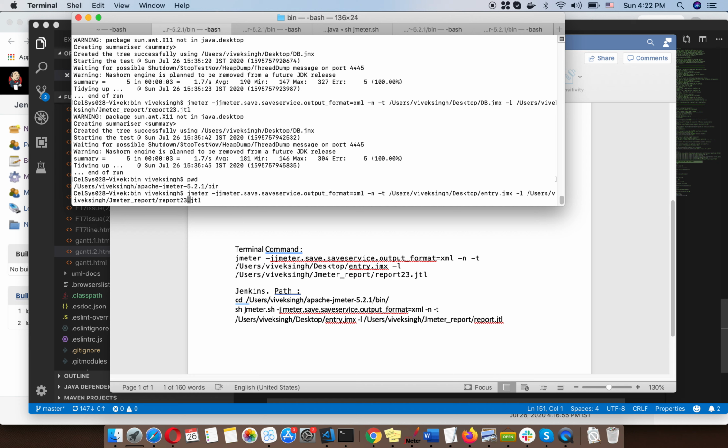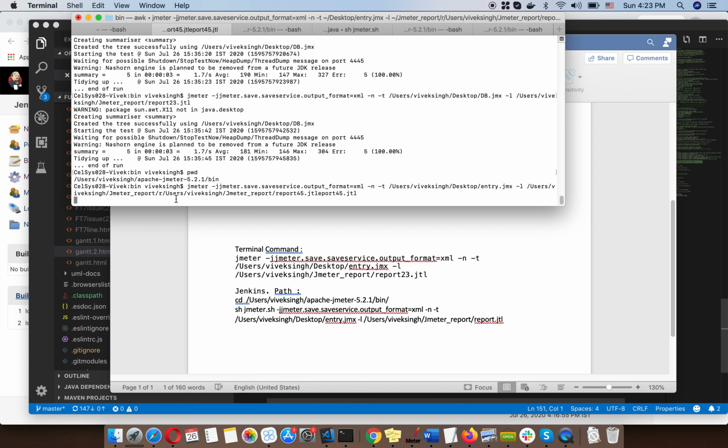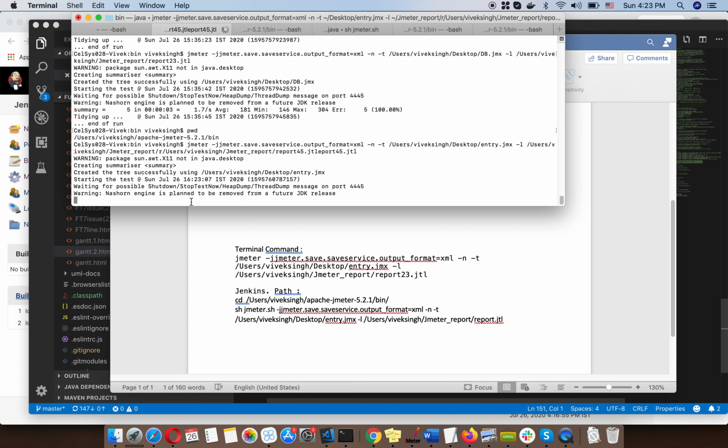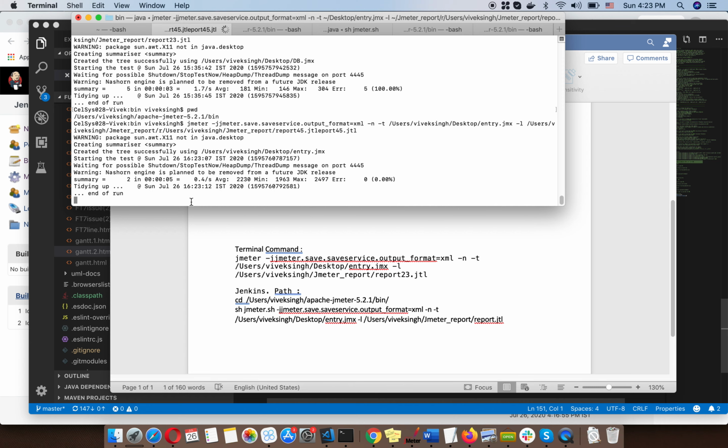Give any name you want for the JTL report in your particular directory. I am giving 45, and here you can see inside users, Vivek Singh, JMeter, this is my folder JMeter report, and inside this folder this JTL file will be there.